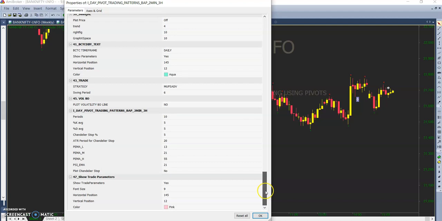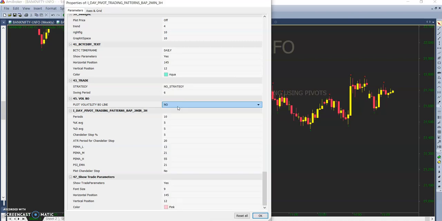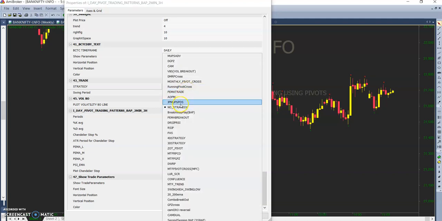Okay, the next section is a very important one to be given attention to. It is called the strategy section. Here I have given lots of strategies. If you see this plot, this particular option shows no strategy. If you click on this no strategy, the line disappears. The arrow which was displayed here disappears. The strategies above this no strategy are all grade A strategies.